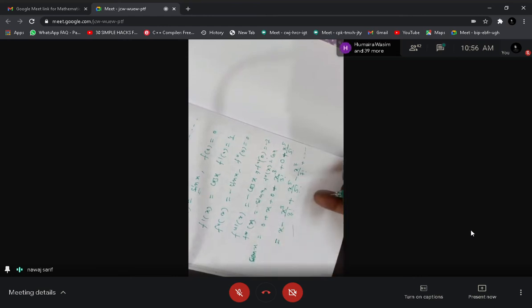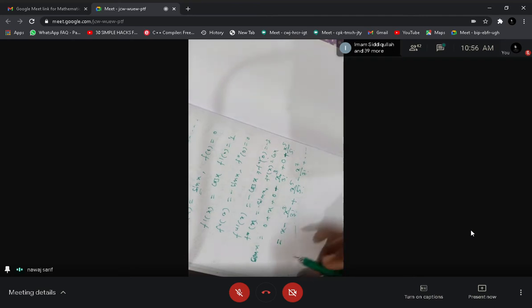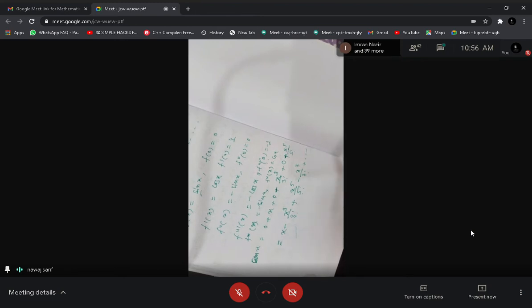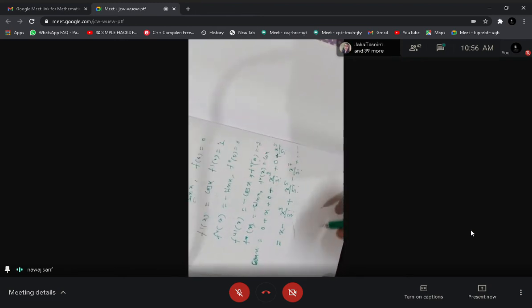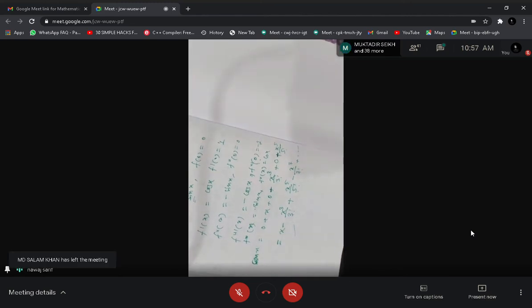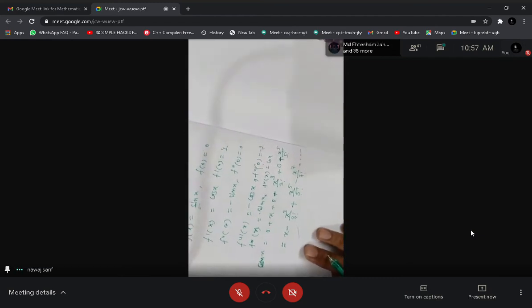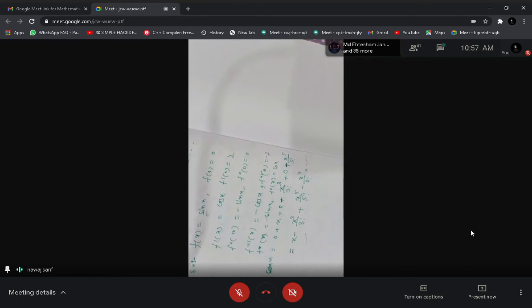Similarly you can find the expansion of cos x, expansion of tan x. Every trigonometric function has an expansion of this form. You can find the expansion of every trigonometric function, also the expansion of log 1 plus x. Do you know the expansion of log 1 plus x? You can find the expansion of log 1 plus x also by using the Maclaurin series expansion method.